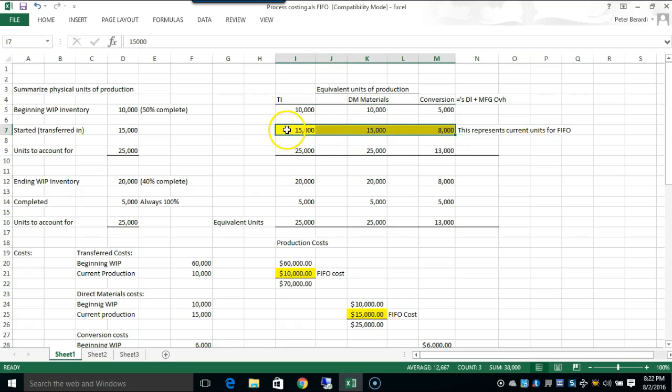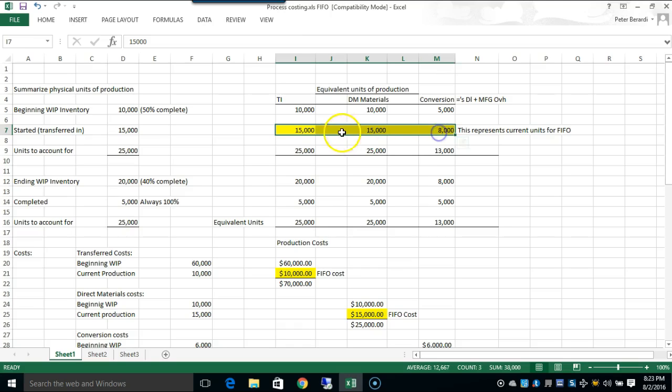So you're probably wondering how these numbers started. They're nothing more than a plug to get from 10,000 to 25,000, and from 5,000 to 13,000. Nothing but a plug. The difference between 25,000 and 10,000 is 15. The difference between 13,000 and 5,000 is 8. So,